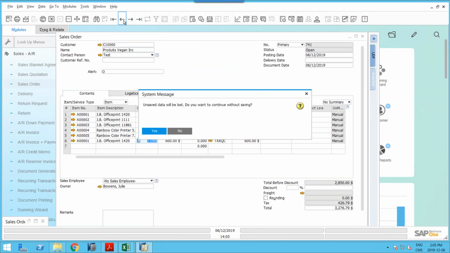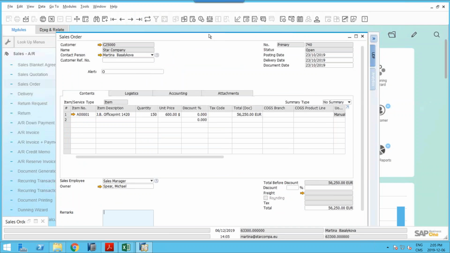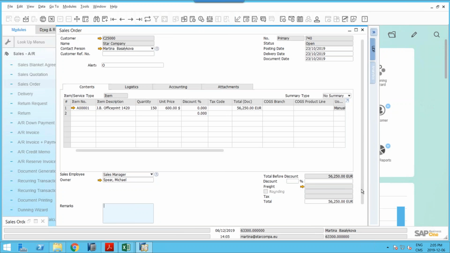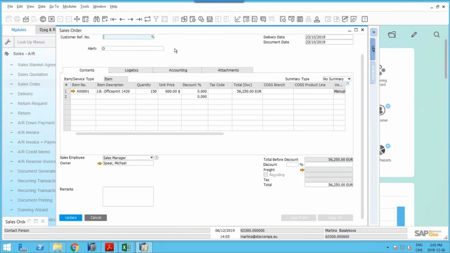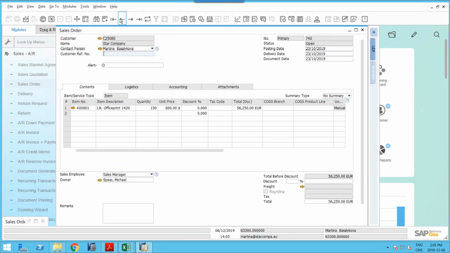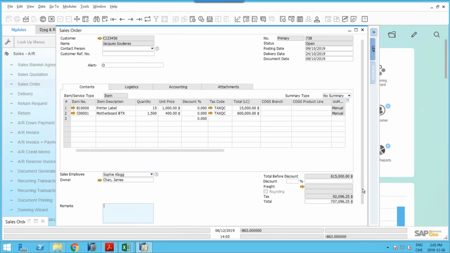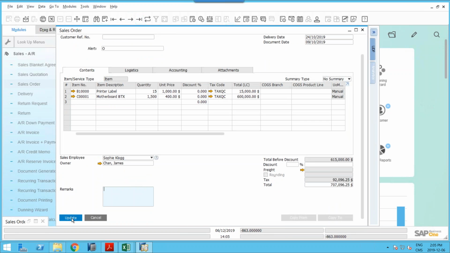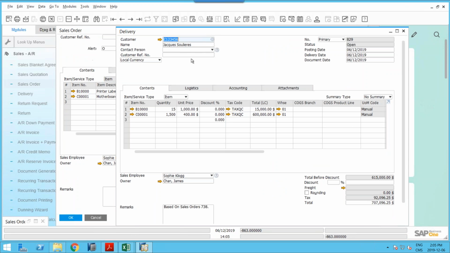When it comes to making a child document, a document that follows my sales order, would be a delivery or an invoice. Let's go to an open sales order. Okay, so I can do copy to, you're probably aware, you could do a copy to make your delivery, but that's a one-to-one relationship, this sales order will become a delivery. If you are in a case where you want to merge documents into another one, it's better to use the copy from